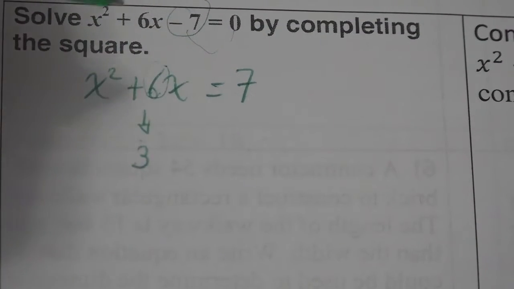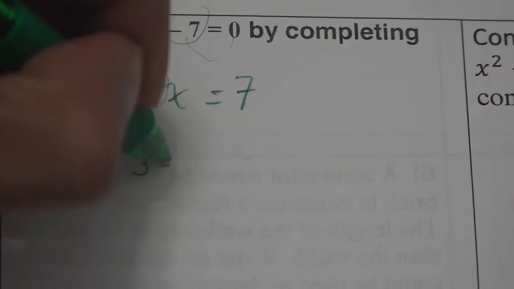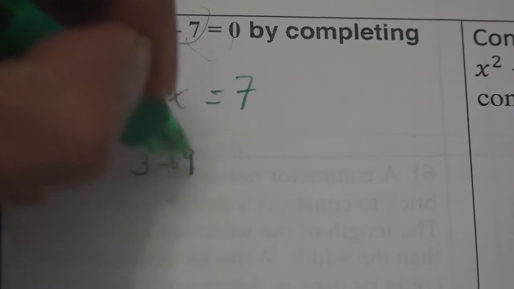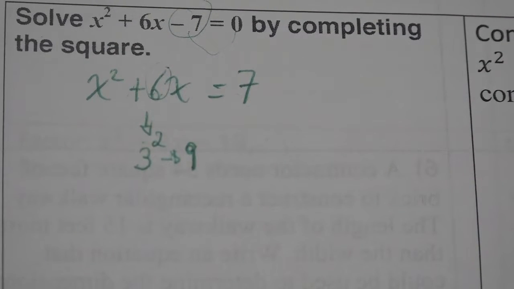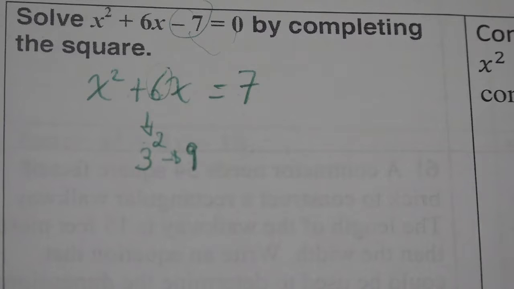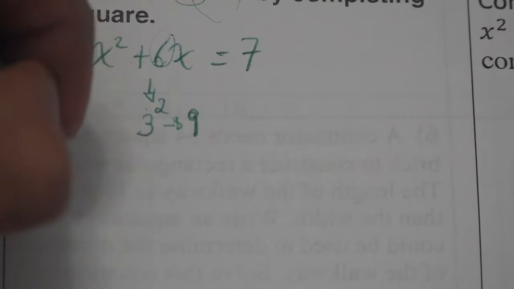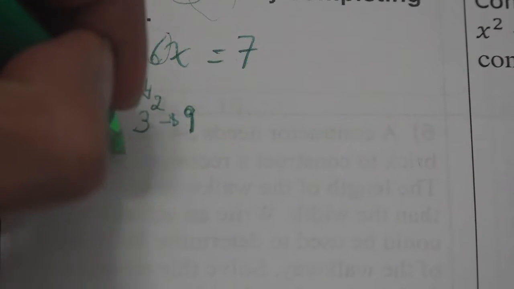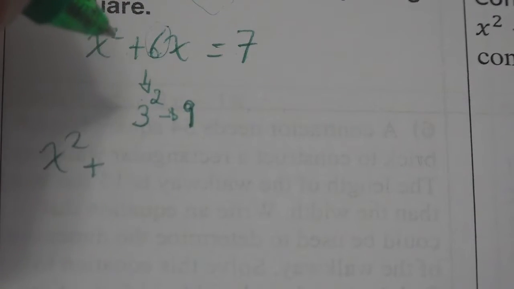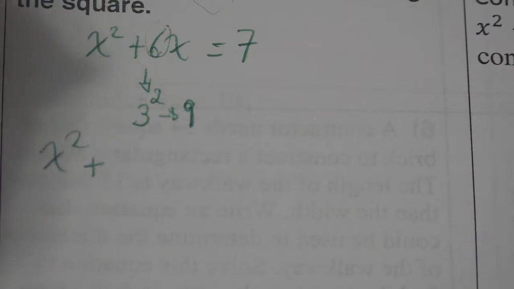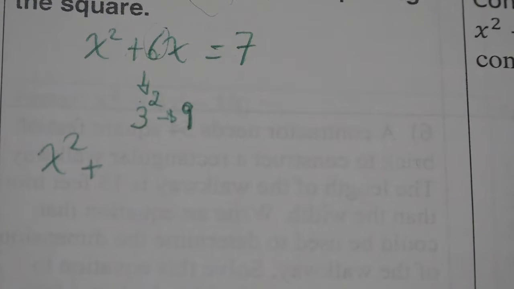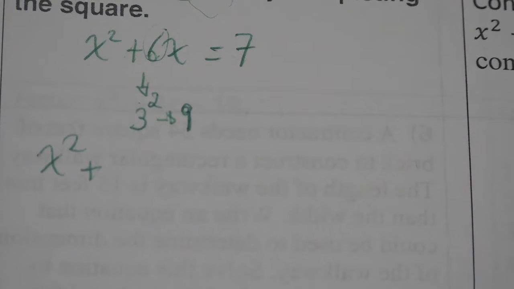3, and then square it. So that becomes 9. Alright, now after that it says add it to both sides. Okay, so I'm gonna have x squared plus